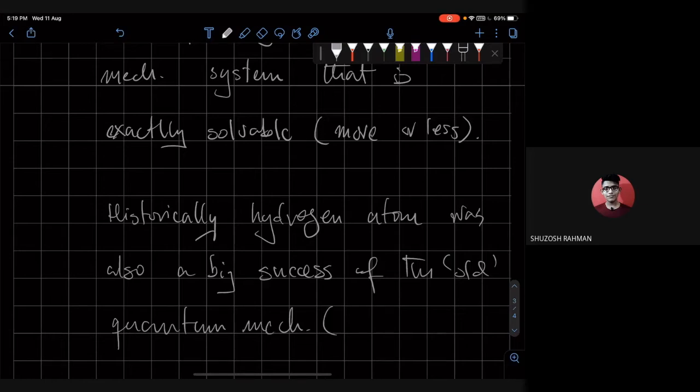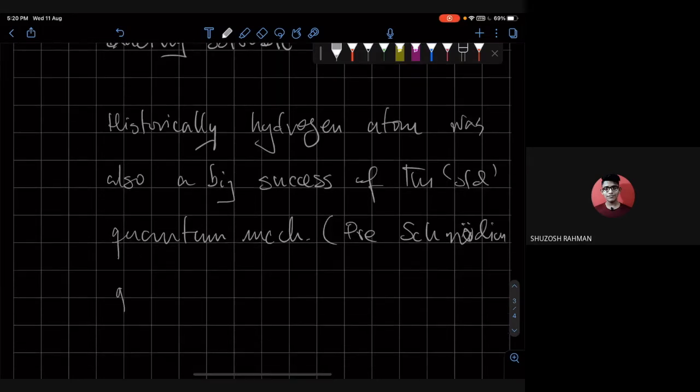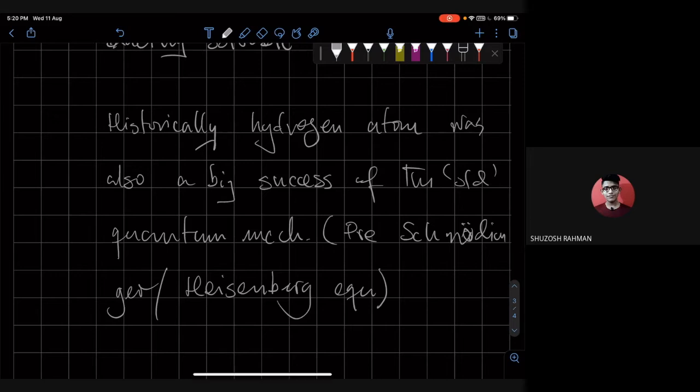By old, I mean the Schrödinger equation or Heisenberg equation, quantum mechanics. Okay, so the quantum mechanics that was